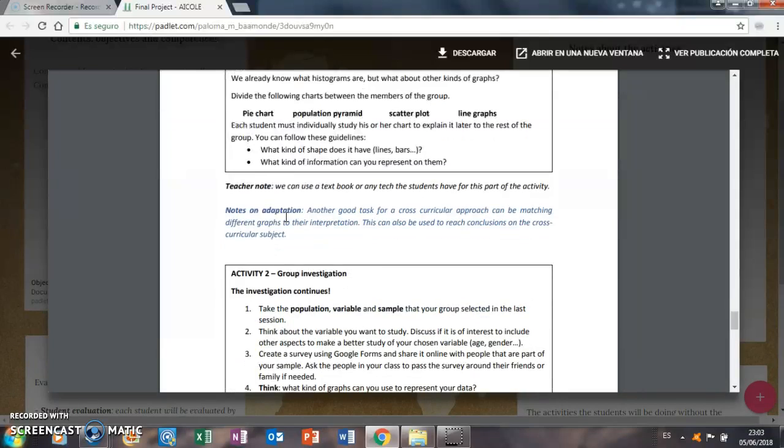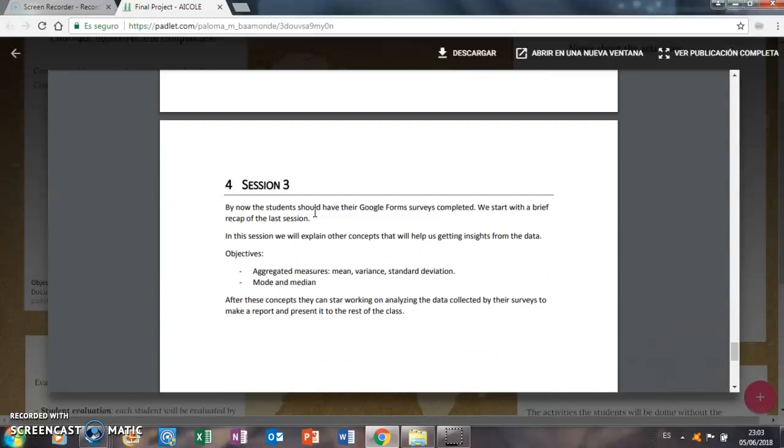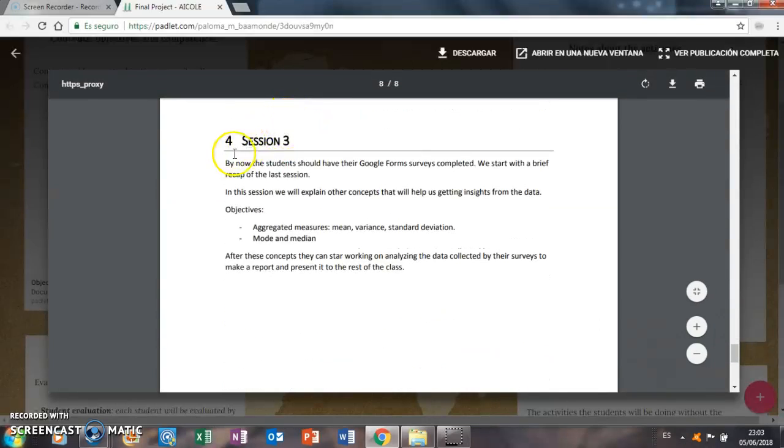And by session 2, I would ask them to make a Google form and actually spread this Google form around their peers, their family, their friends, and try to gain actual data for them to study. And this is the idea. By the end of session 3, they will all, I hope, have their Google forms